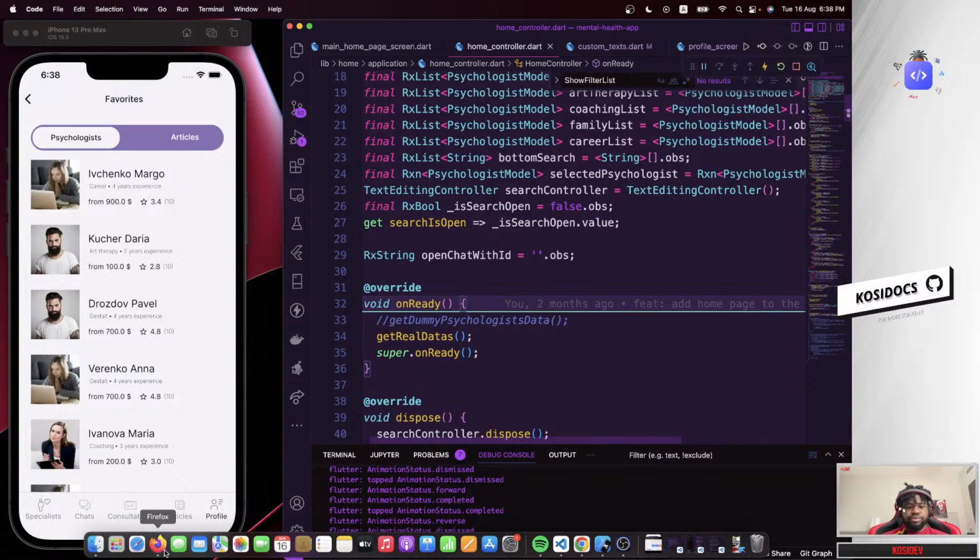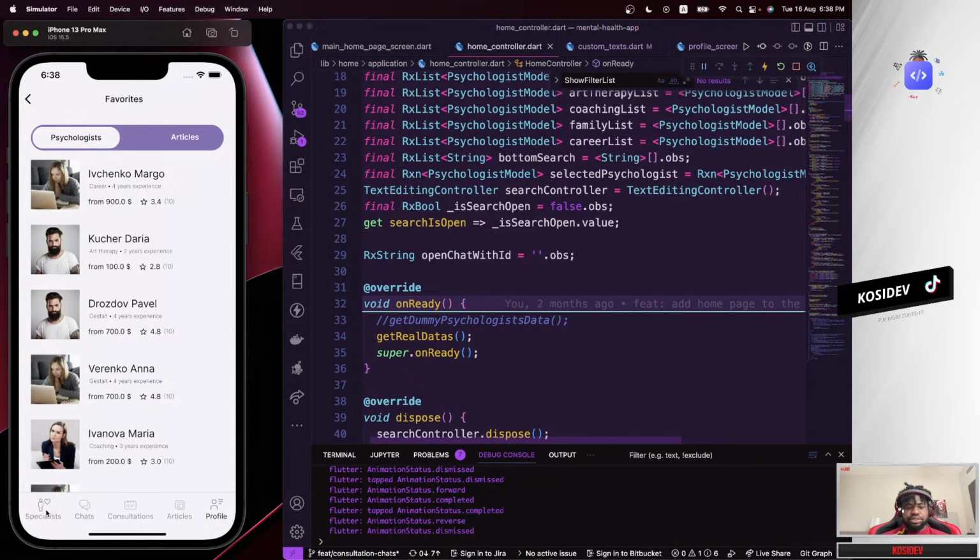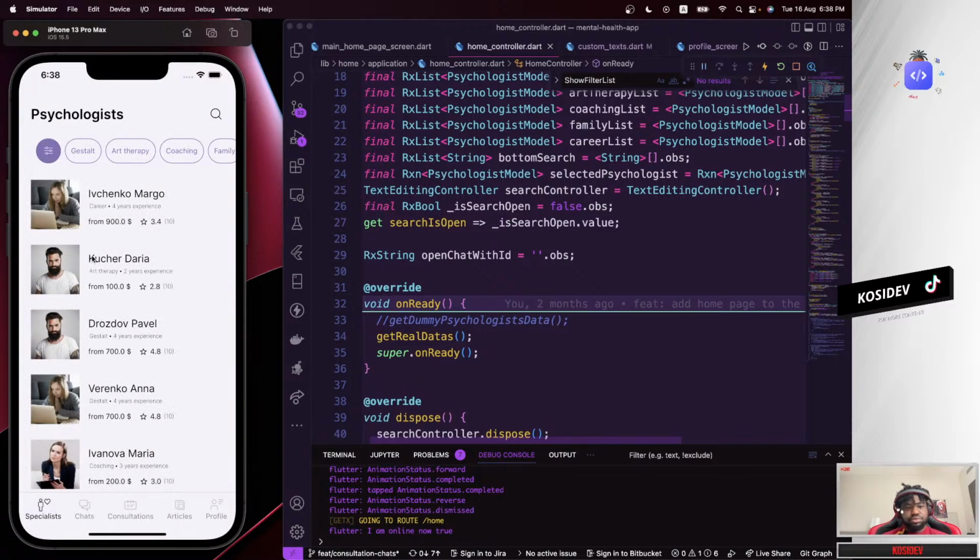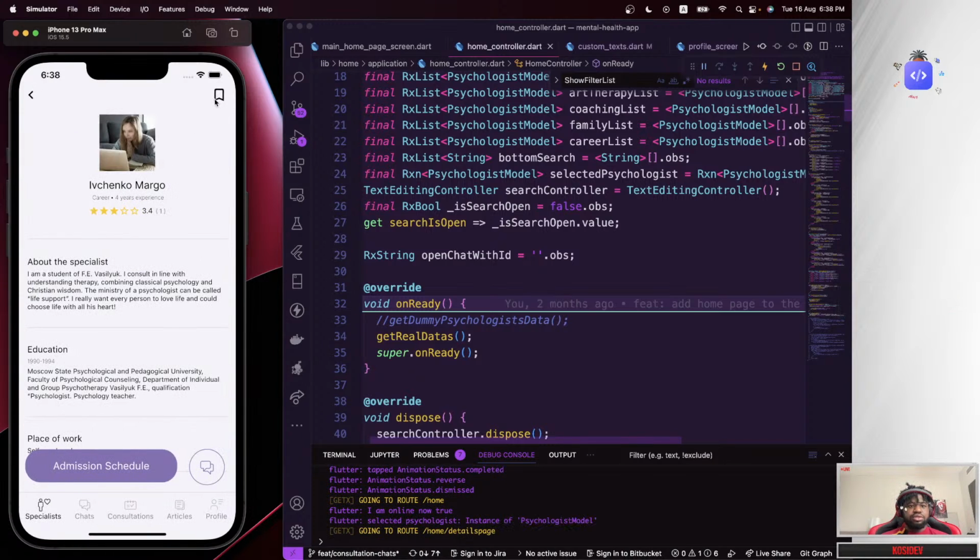Because right here in our home controller we have this property to favorite a psychologist. I think it should be here. Yeah, so this property, you tap on this, you favorite this particular psychologist. So this should be saved inside a database that has access to all the favorite psychologists that we're making use of. So to do that, we could say